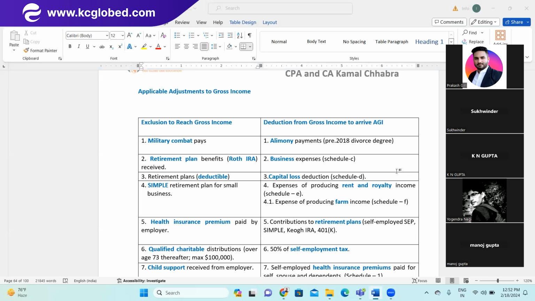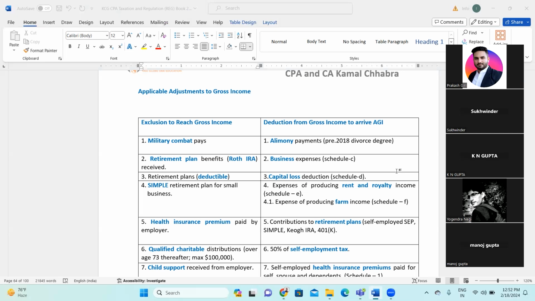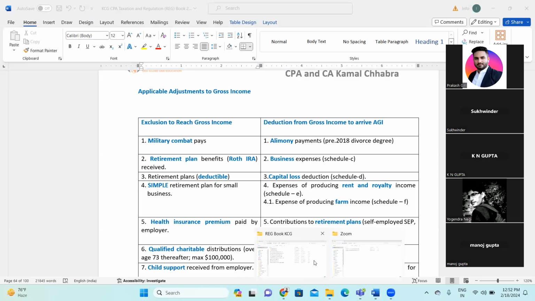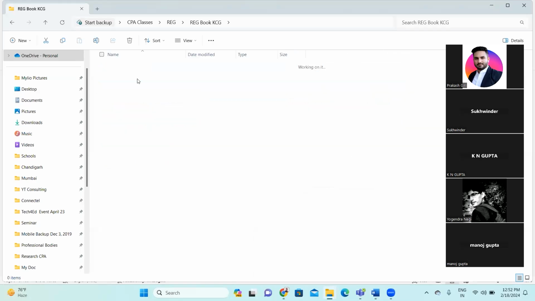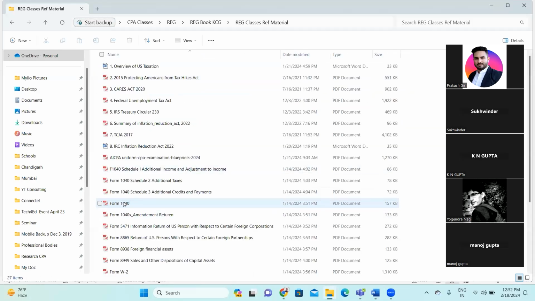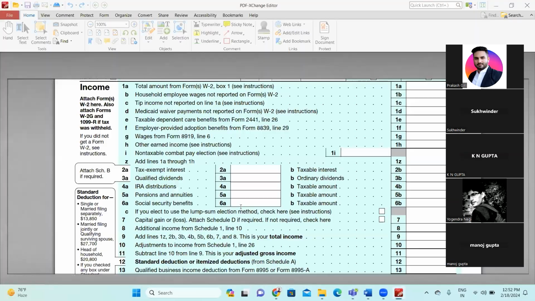So if you remember, in the second class, I took you through all the tax filing forms along with the respective schedules. Do you guys remember all the forms which we went through, 1040 and the related schedules? I have shared all these forms with all of you in the WhatsApp group also. Have you guys downloaded those forms?